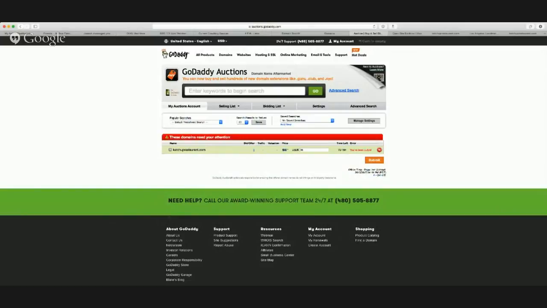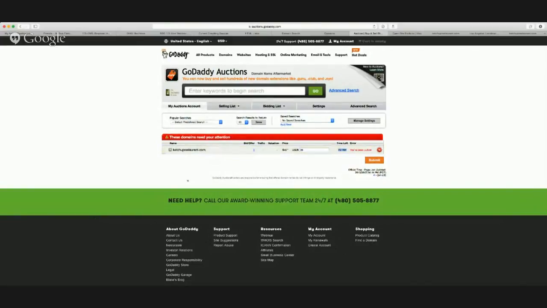But because it's going to go for 7 days, I typically don't. I might put an alert in my calendar to come back a week from now and see what this website's going for. But if I'd gotten a website like that for $35, I'd have been happier than a pig in shit, pardon my French. But it happens. So that's essentially how you go about finding these domains.